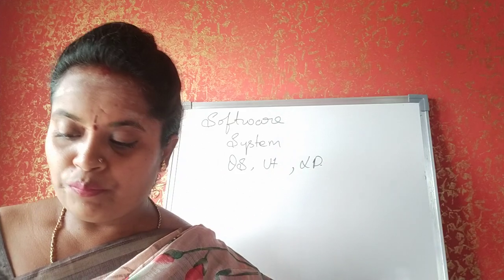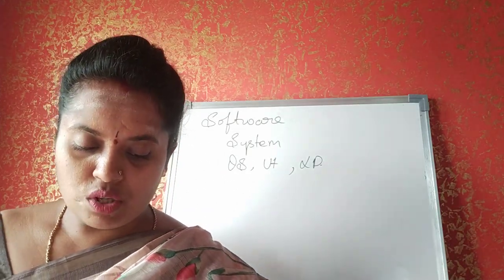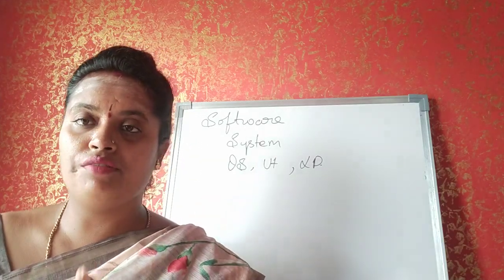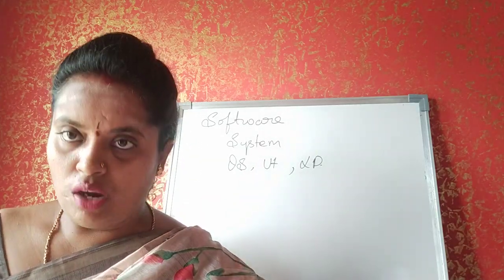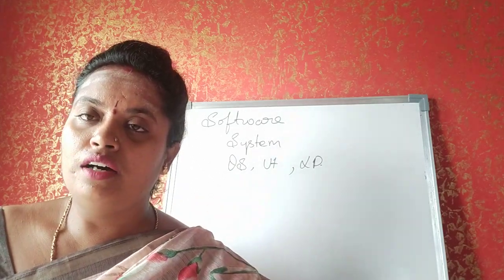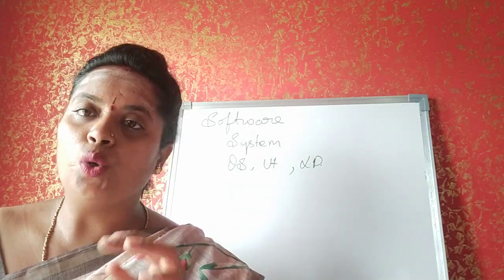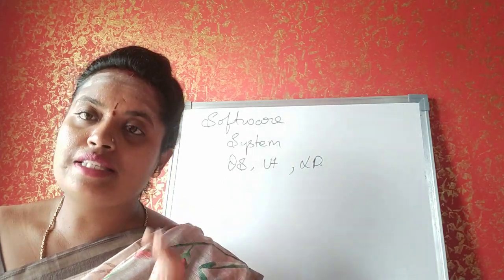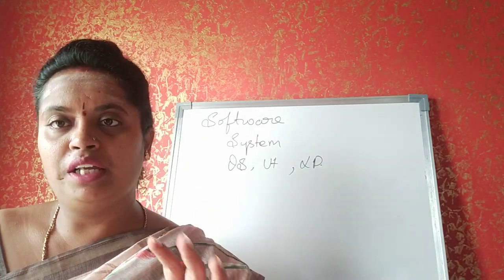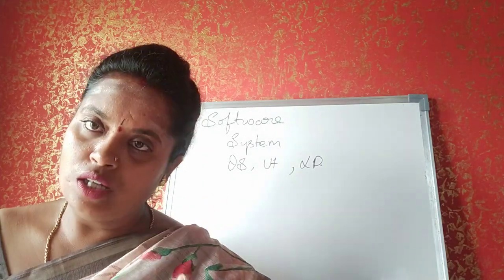Understand, children? So in this chapter, now you know system software, application software, different types of system software and different types of application software. When I meet you in the next class, I want you to go through the lesson properly. Don't get confused. Exercises will be sent. Notes will also be sent in PDF format so that you can write. See to it that you understand the concept properly.